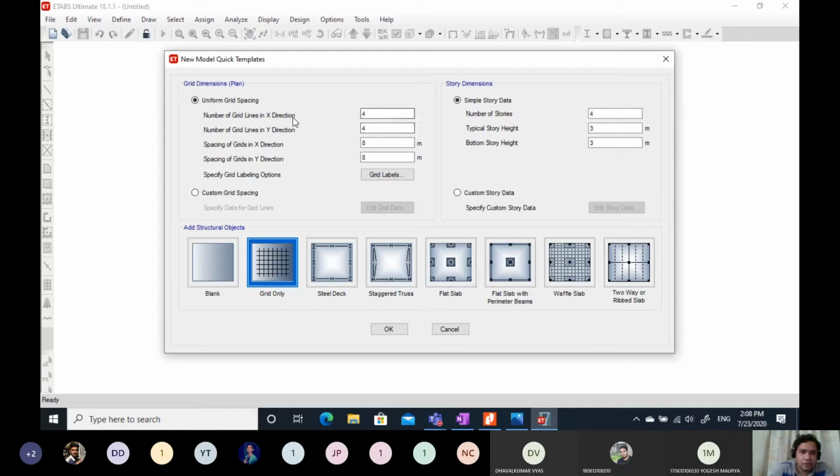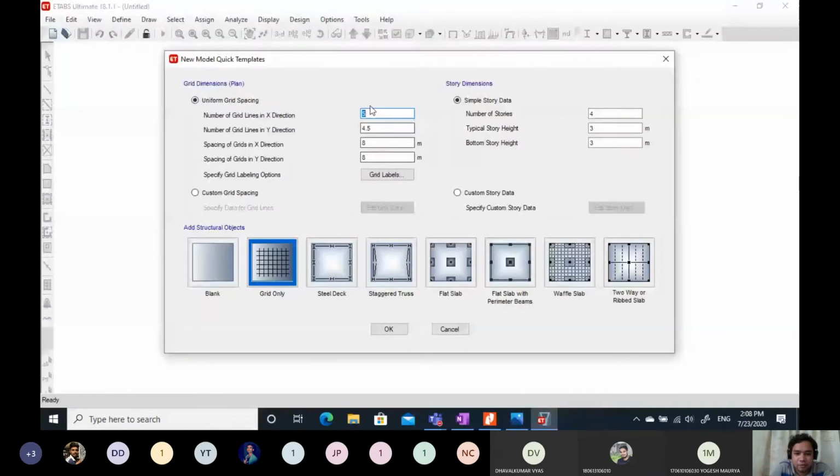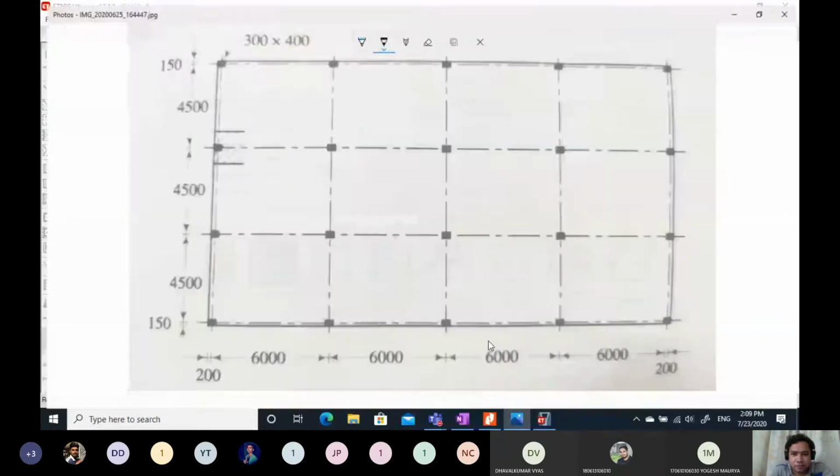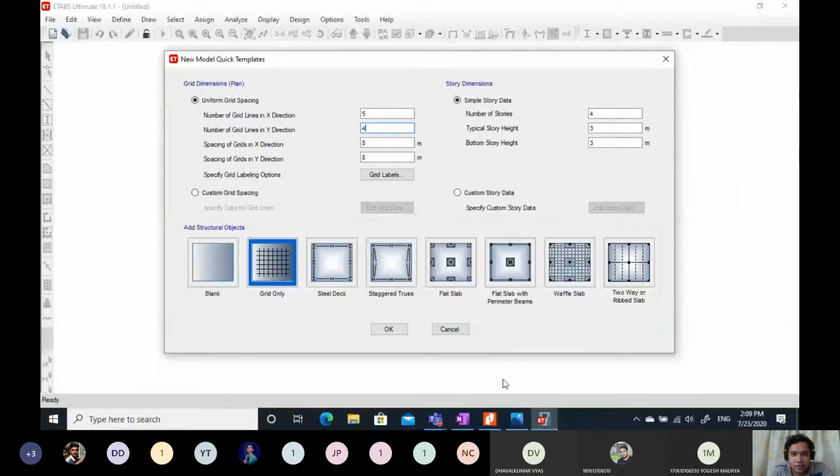Now our spacing along the x axis is 6 meter, spacing along the y is 4.5 meter. Number of grid lines: 1, 2, 3, 4 and 5 grid lines are there, so this will be 5. And along the y, 1, 2, 3 and 4, so 4 grid lines here.